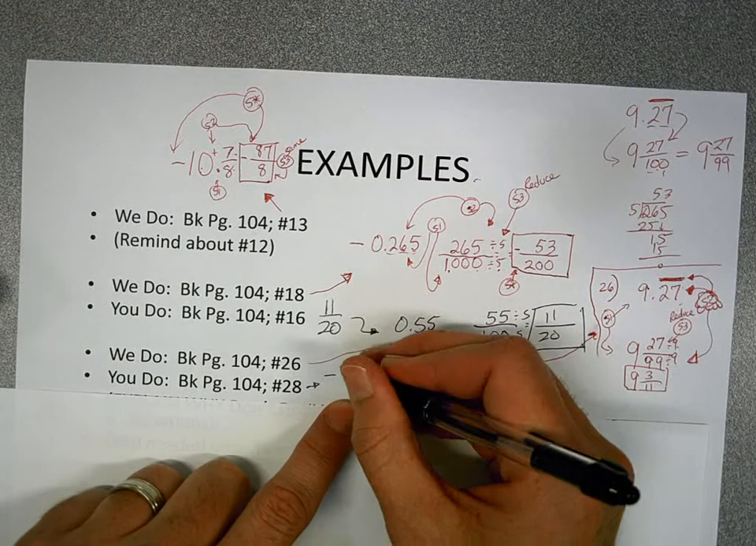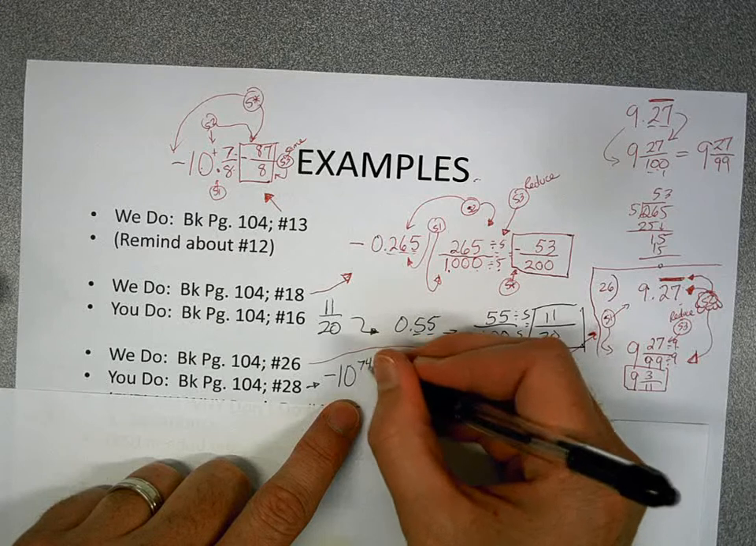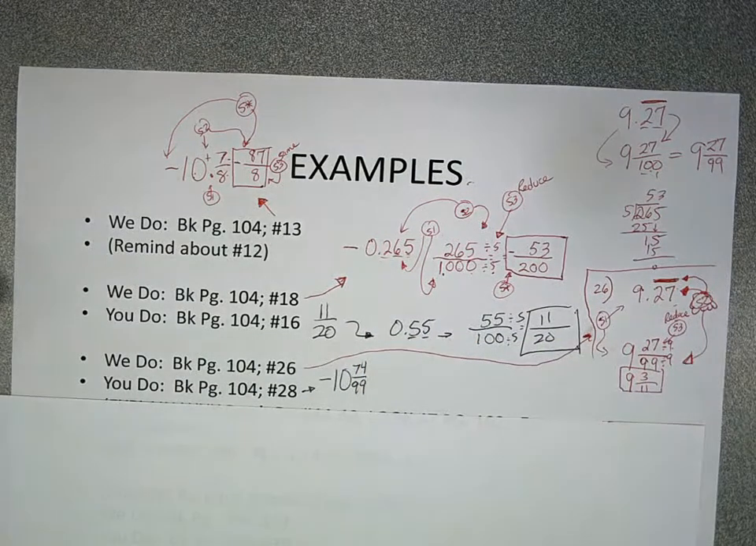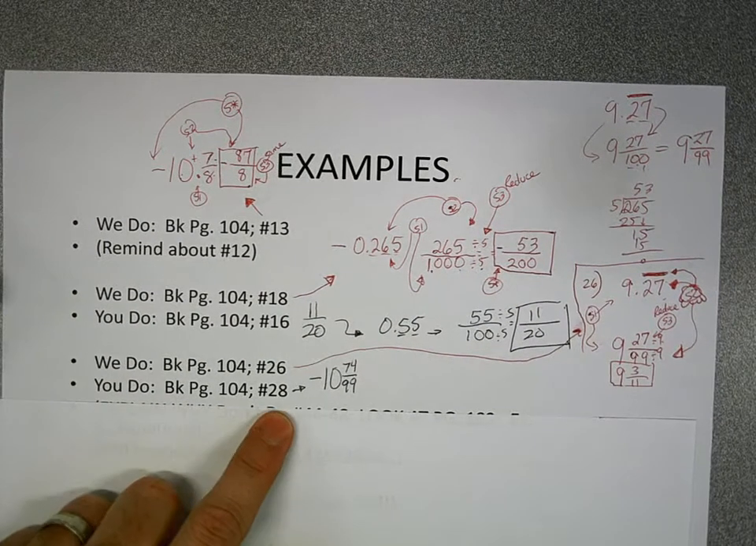Negative 10 and 74 ninety-ninths. Like that? Agree, disagree? Okay. All right, so page 104, number 28